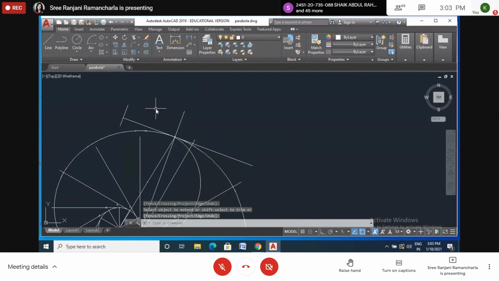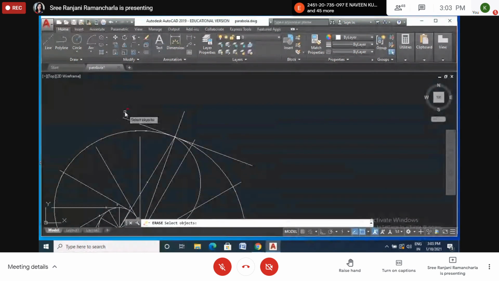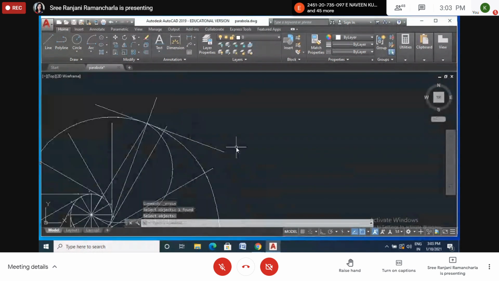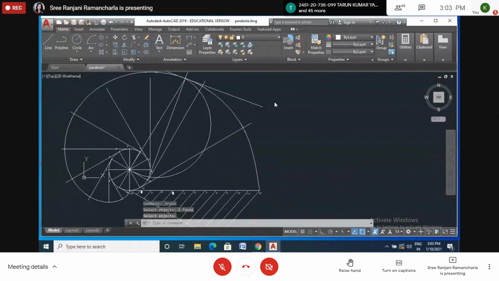Also draw a perpendicular to this one using the protractor, at 90 degrees. Keep your protractor in this way, point at 90 degrees, then draw this line and extend. If this line is not intersecting your curve, your involute, then you are done correct. Now here I will write a text.